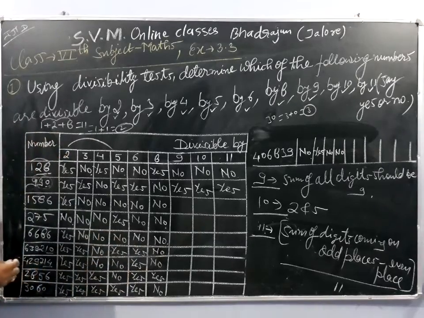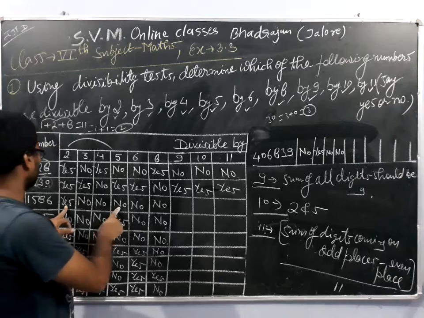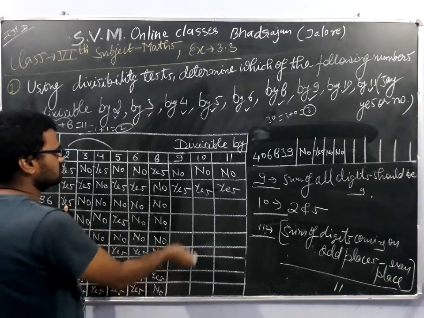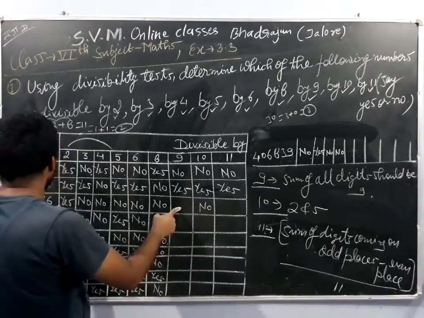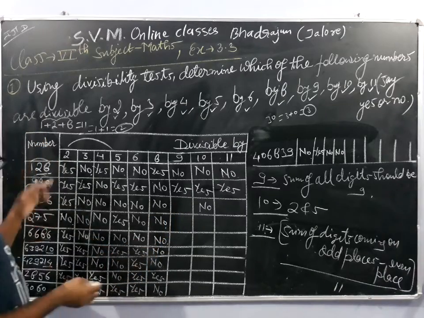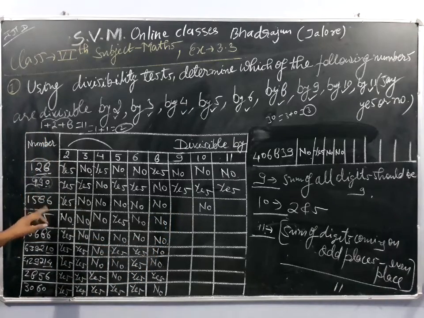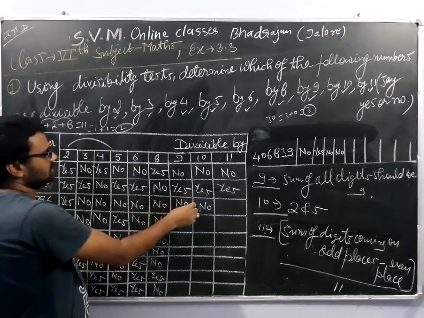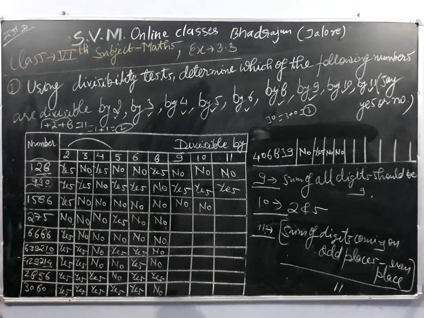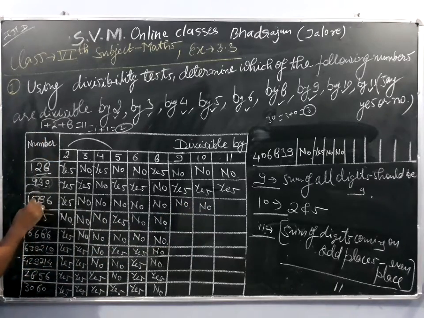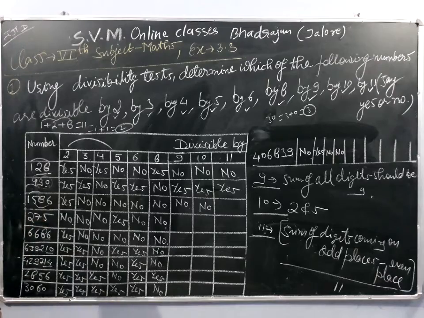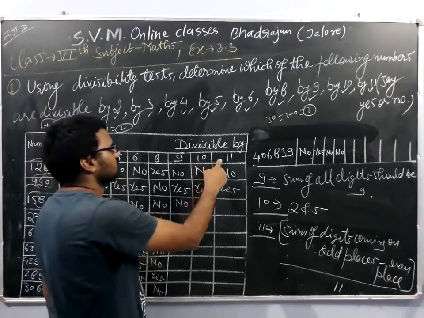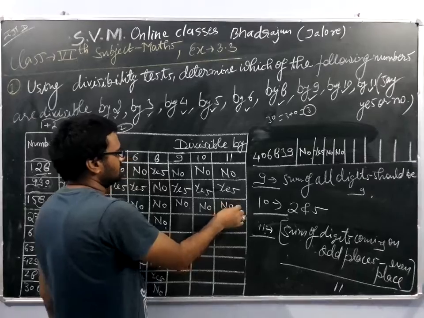Okay. Now let us move towards 1568. Here we are seeing the number is not divisible by 2 and 5 both, hence it is not divisible by 10. Okay, sum of digits is 1 plus 5 is 6, 6 plus 6 is 12, 12 plus 8 is 20, 20's sum is 2, hence not divisible by 9. Let us move towards 11. For 11, 1 plus 8 is 9, 5 plus 6 is 11, 9 minus 11 is 2, 2 is not a multiple of 11, hence the number is not divisible by 11.